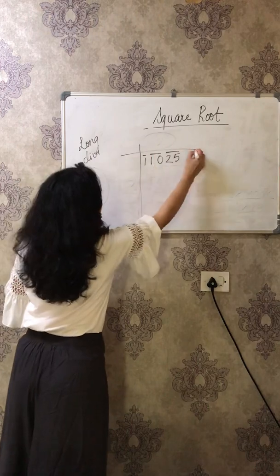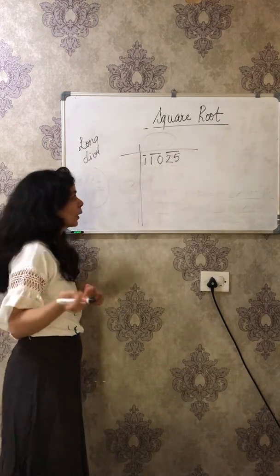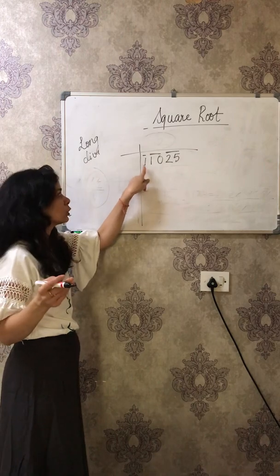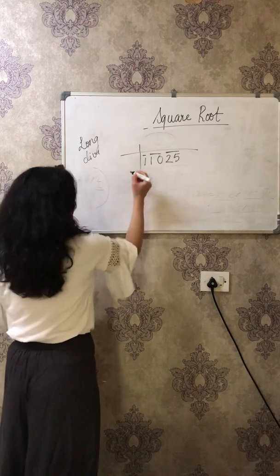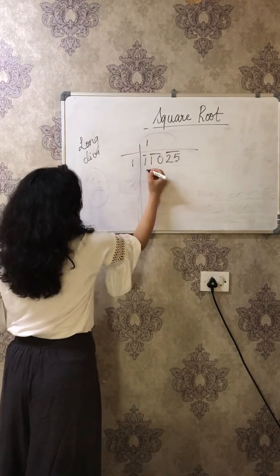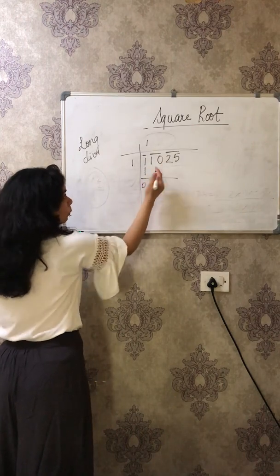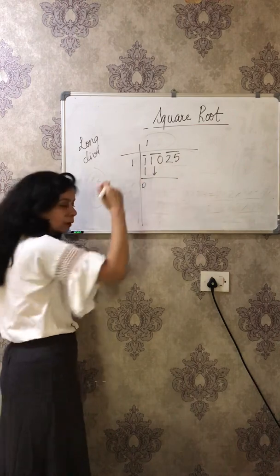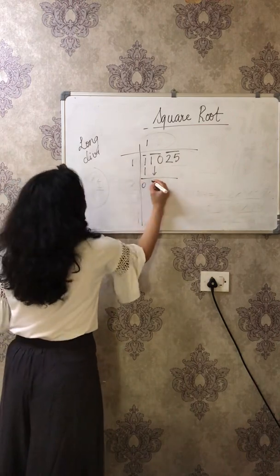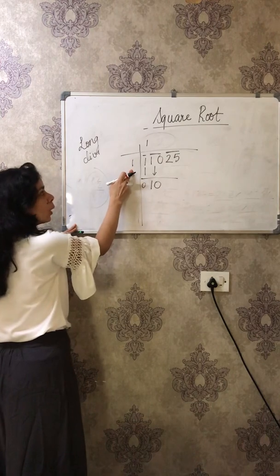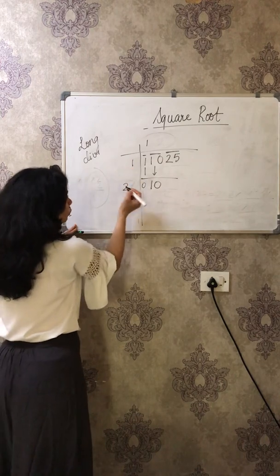Do like this. Start squaring the number. So 1 1s are 1. We cannot go for 2 2s are 4, which will be more than this. So we will do 1 1s are 1. Okay, 0. Bring both the numbers down because I told you here we bring the pair down. Okay, so 1 0. Here what we will do? We will add 1 to this, so it will become 2.